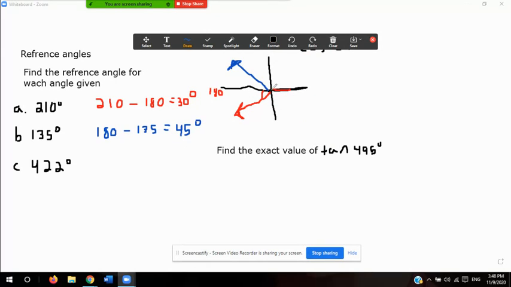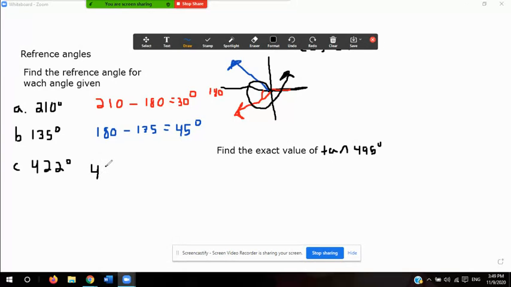So assuming that the initial side is still here, 422 degrees involves an entire counterclockwise rotation, because 422 degrees is positive. Later on, we'll see what to do with the angles that are not positive. So it's a little bit greater than 360. So that means because 422 is greater than 360, the closest reference angle in this case is to actually subtract 422